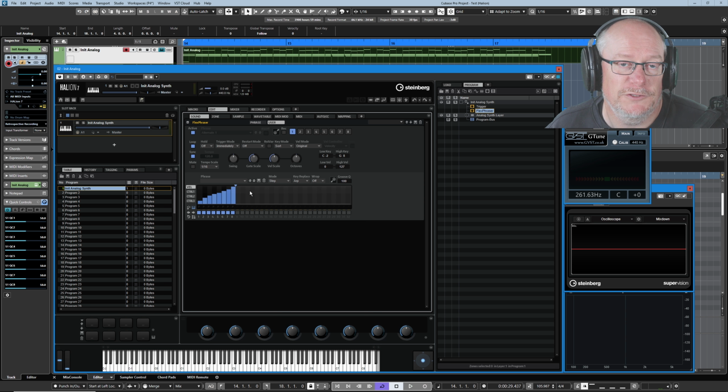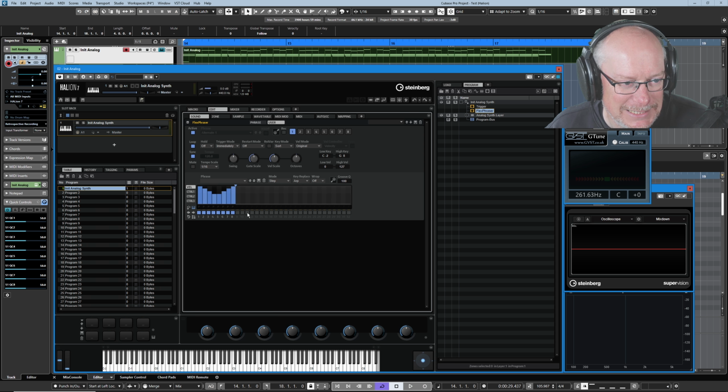Then there's a whole raft of keyboard commands involving controls, alts and shifts. If I press the shift key and drag up and down with my mouse, I scale all the velocities vertically. If I click alt and drag, I have a line. Shift-Alt is pretty funny. I'm going to click in the window and start dragging, and I basically have a symmetrical shape around the central axis where I'm affecting the beginning and end